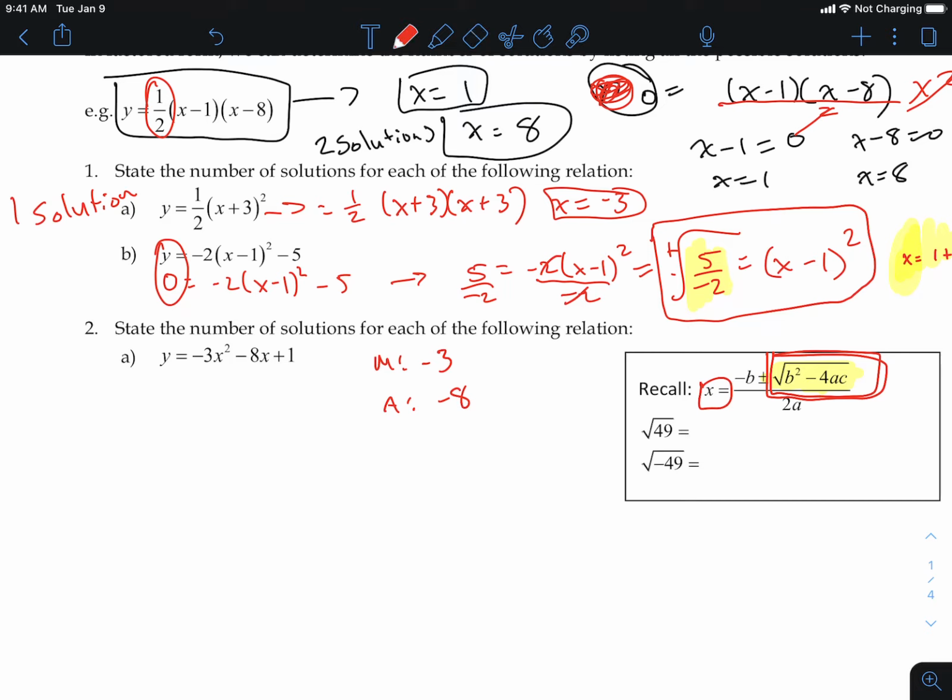So you could go through the entire process, use the quadratic equation. You're going to get x equals, and maybe you get x equals, maybe you get 2 x's. I don't know. I haven't done this question in a while. The discriminant, I'm just going to give you a precursor to this. The discriminant is equal to the square root of b squared